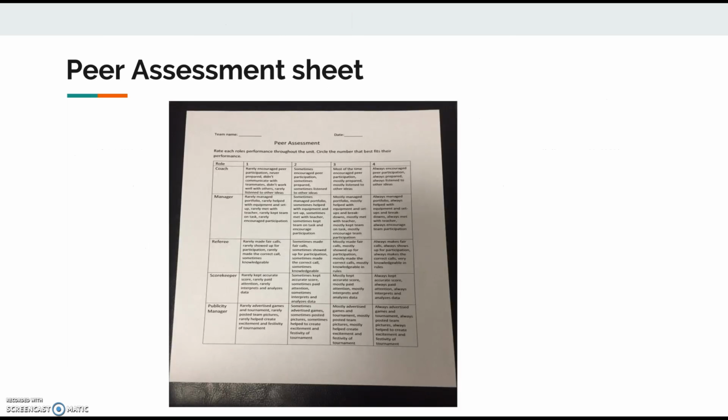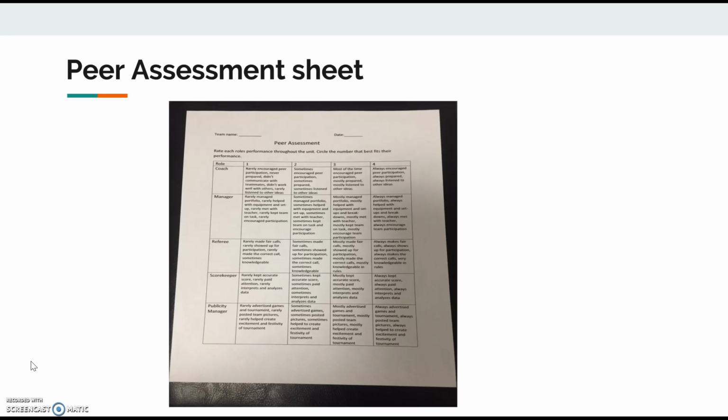On day 12, students will be given a peer assessment. They will be peer assessing how well they think their team performed their individual roles. They will be giving a number rating 1 through 4 on how well each team member did their role. 1 being the worst, 4 being the best. The teacher will not be using this as a grade, but rather as another way to view cooperation and highlighted